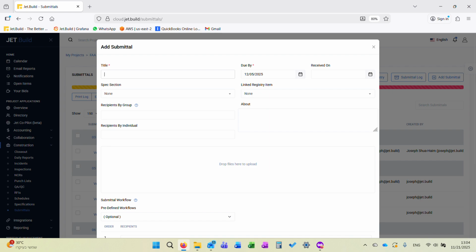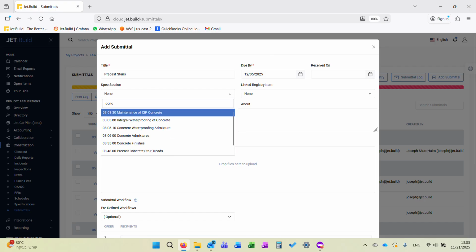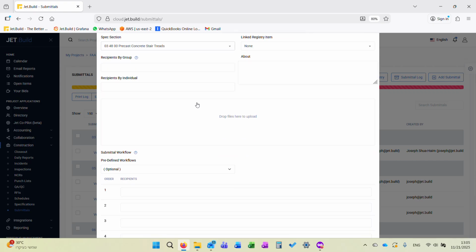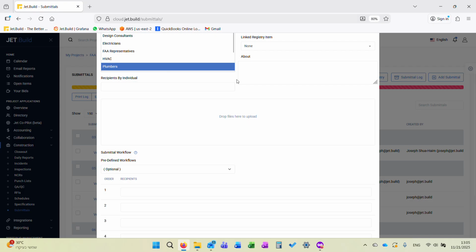Let's call this precast stairs. Due by, it's going to default to our submittal due by default days, so it's 10 working days. So if you look here, spec section, we can assign it to a spec section here, precast. Again, recipients by groups,